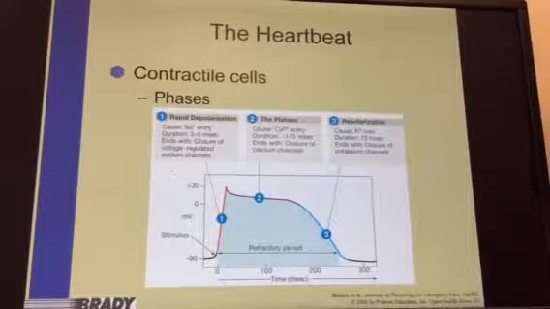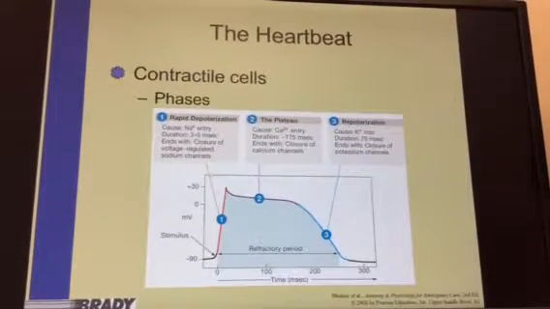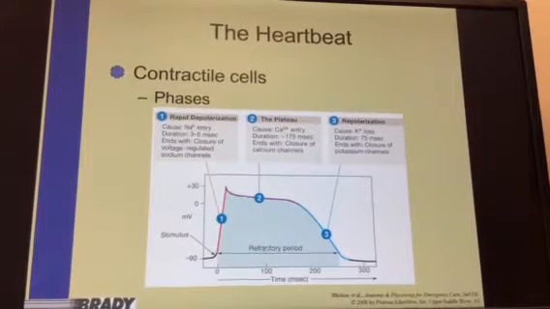So again, with our rapid depolarization, it's sodium that enters across the barrier. Once that comes in, the sarcoplasmic reticulum that still surrounds